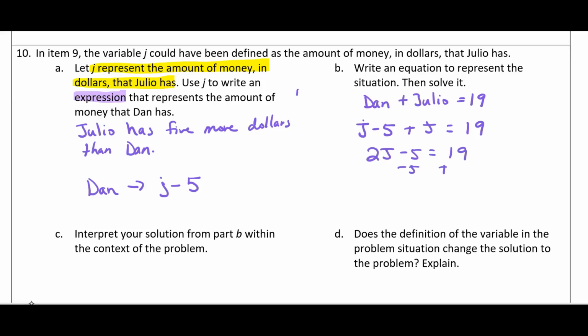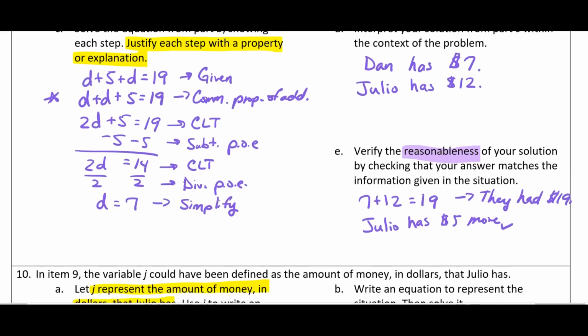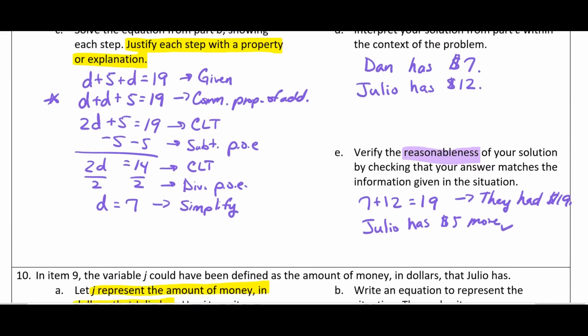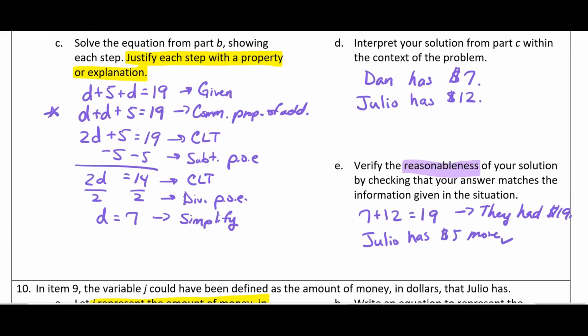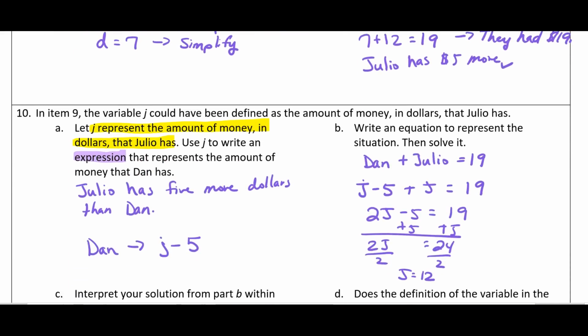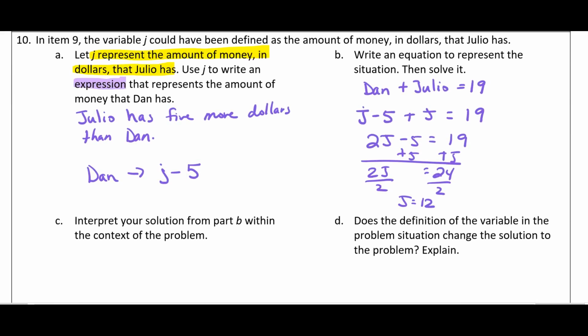Add our 5. So 2J equals 24. So this time Julio has 12. We got the answer 12. Look up here. When we did this before, we got the answer 7 for D. So this is why it's so important that you actually write down what your variables mean. Because depending on the variable you use, it's going to completely change the equation, and it could change the solution you get. Now, it's not going to change the final answer,